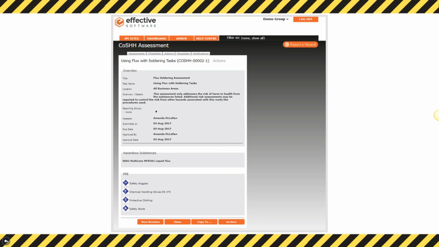The questionnaires that are part of the assessment, the questionnaires that are there to assess the risk specific to that task, are designed by the organization using our audits module. This is based on your own processes and procedures, and you can create these templates. They'll often cover more task-specific things, such as who can be exposed and how, the chances of exposure, your health surveillance and your control measures. This is built according to what you need and the danger associated with the task, but we guide you through the onboarding process and best practice in terms of how to create these questionnaires, what would suit you best as